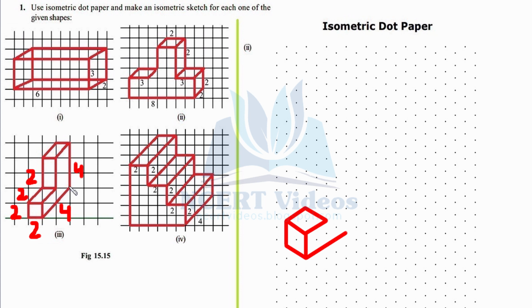Now let's draw this altitude. This is 4 and parallel to this side, so it will be vertical one. Again 4 units, that is connecting next 4 dots. Now let's draw these altitudes as well, which is 2 and parallel to these already drawn altitudes, so it will be 2 units. Now we shall draw the last altitude here, again 2 units, and let's connect these 2 altitudes like this,